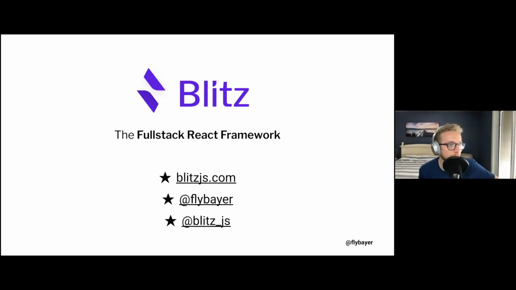Next question, you said an API could be added when needed. What would be some examples of when one would do that? So right now, to do file upload, you have to add your own custom API endpoint. Again, that's something else we don't really have documented very well, but we'll absolutely be working on that. If you need an API for some third-party service, you can do that. Like webhooks or callbacks, so if you're using Stripe and you have Stripe webhooks, that can be added as an API. Or for a mobile app too, if you wanted to add a GraphQL API, you can add a GraphQL API into your Blitz app and use that from your mobile app.